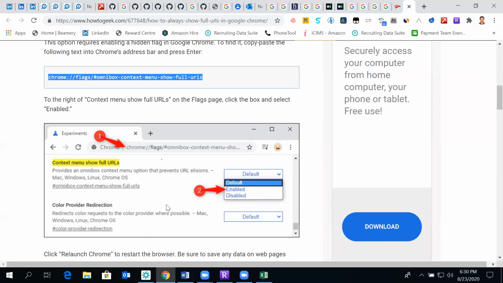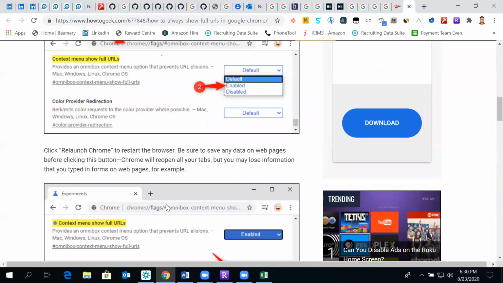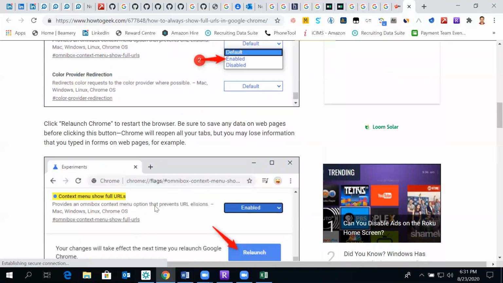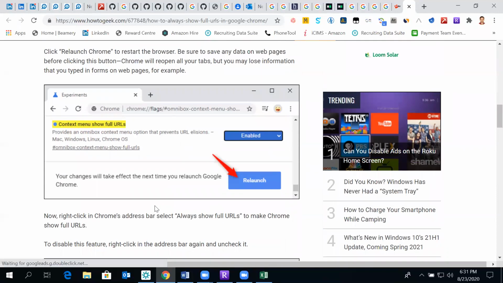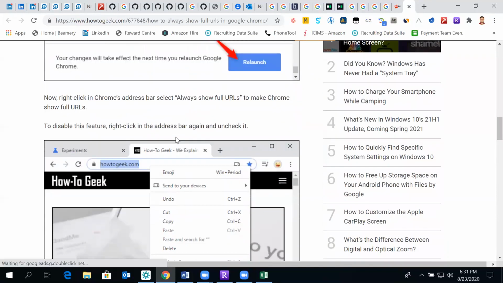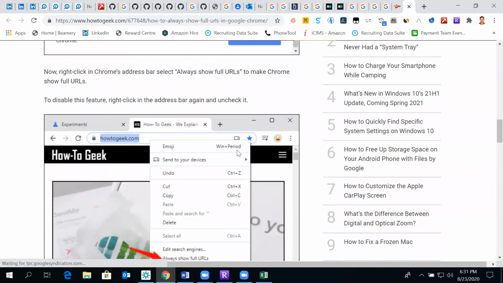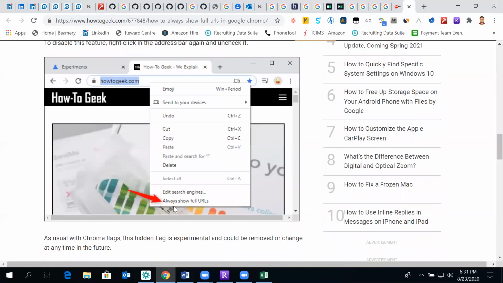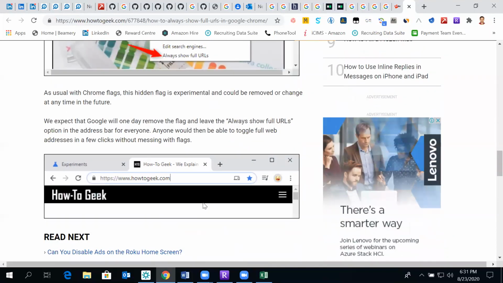Okay, context menu full URL. Okay, relaunch. Okay, always show full URL.